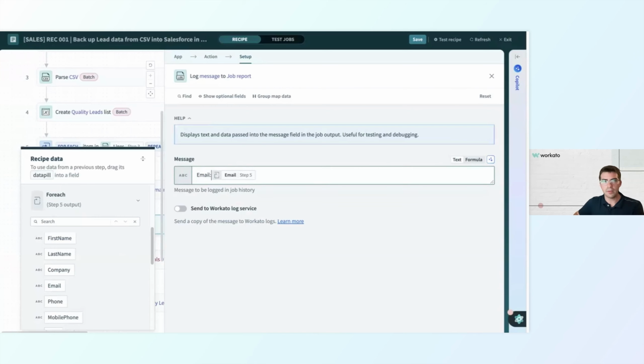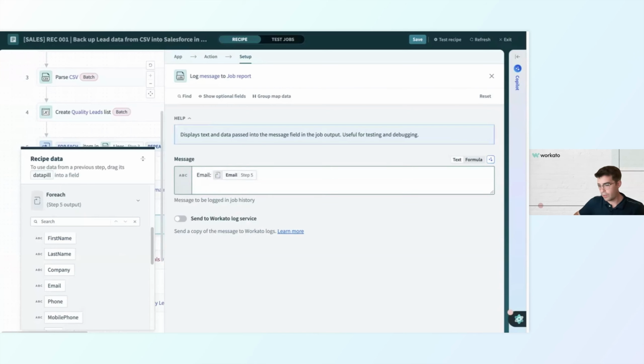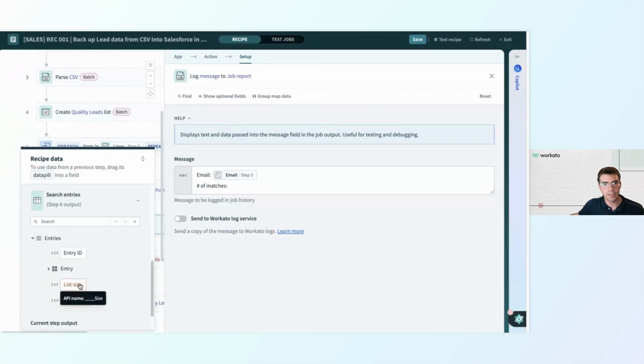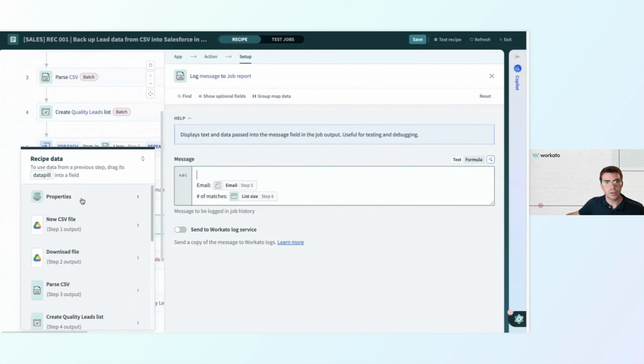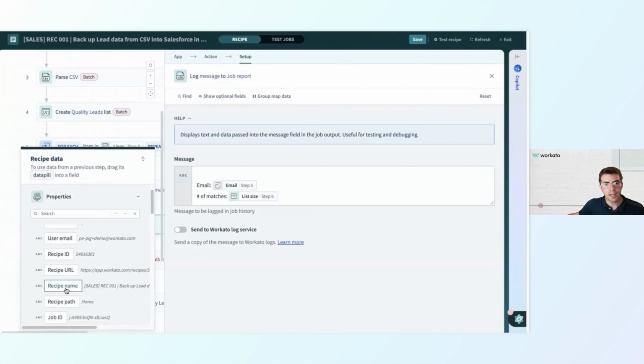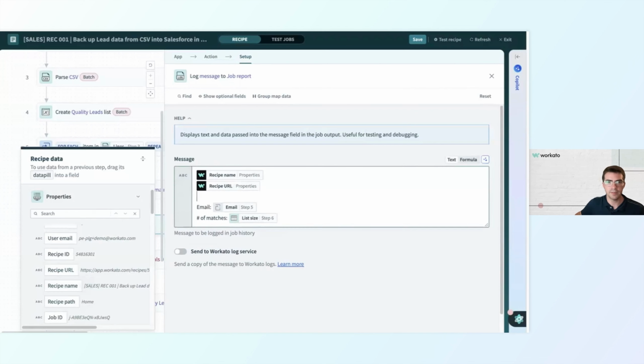So let me add some labels here to make this more readable in my logs report. Also want to check how many matches existed. So number of matches. And for that, I can find that as the output from my search entries lookup table and find the list size. I also can go to properties to indicate my recipe name and my recipe URL for easy access here. And there's a variety of other information I could customize in here too, but this should be good for our